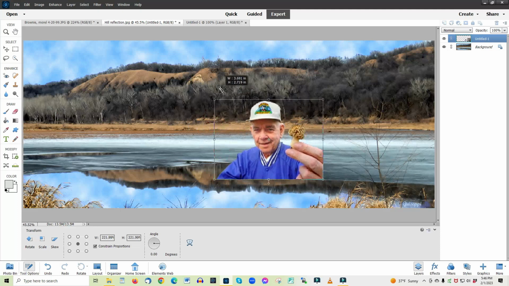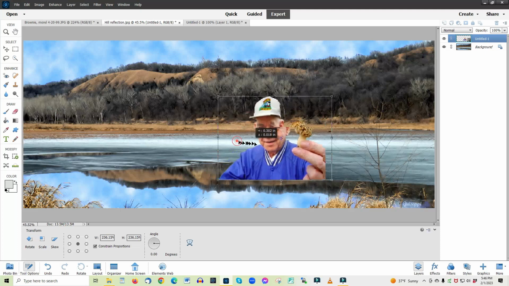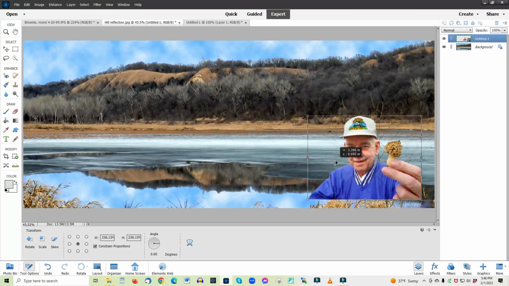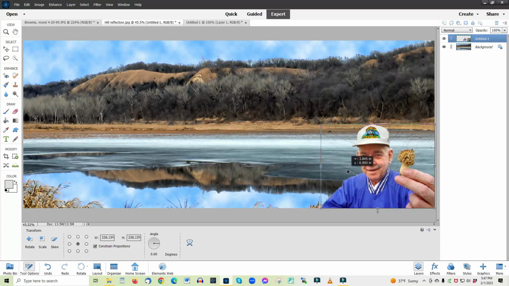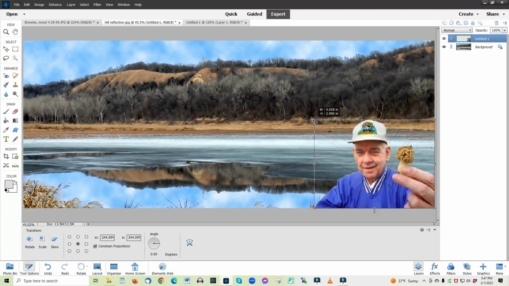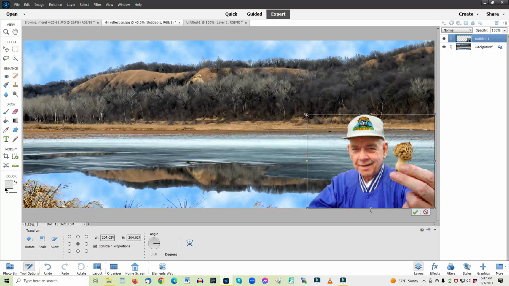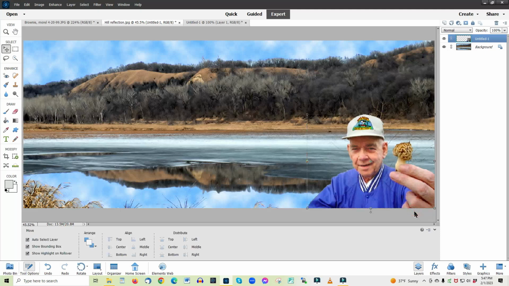So let's put him, I don't know, maybe about that size, and let's go over to this area right here, and maybe that's about the right size. Maybe a little bit bigger wouldn't hurt. He's closer to the camera. Look what I found, a mushroom. And when it's positioned where you want it, we just click the green arrow and click on the image anywhere,